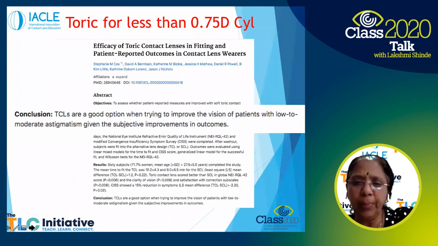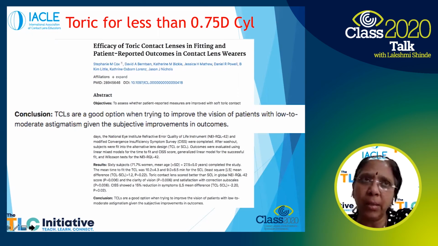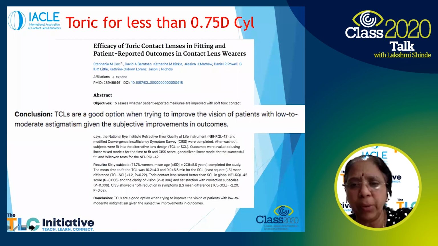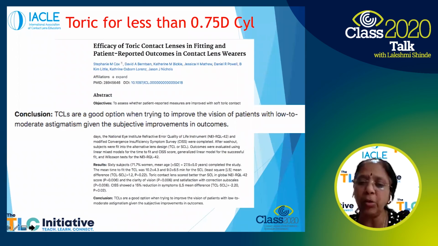I just wanted to bring a point across, where as practitioners, sometimes we tend to become complacent over a period of time, and we really don't address the needs of the patient sometimes, or if you've been practicing for a long time. For example, if a person comes with a 0.5 or a 0.75 cylinder, we kind of say, oh, just a normal spherical lenses will do for the person, and actually not look into a toric soft contact lens